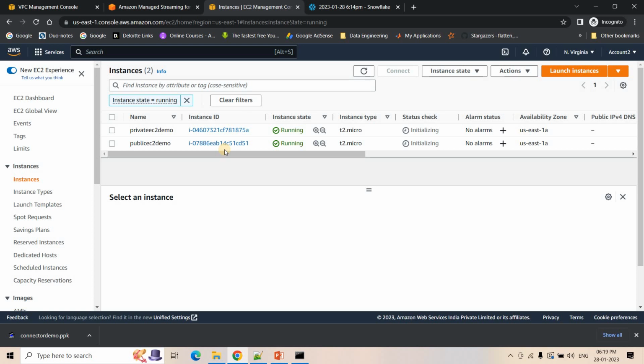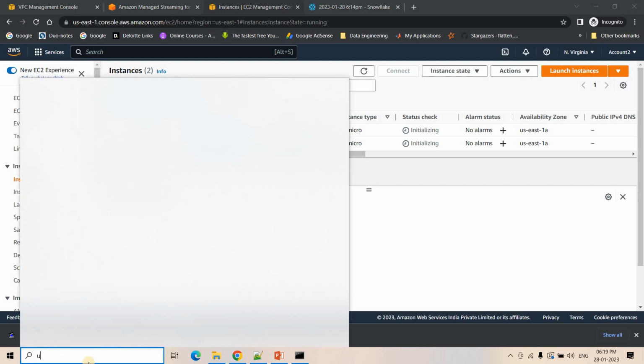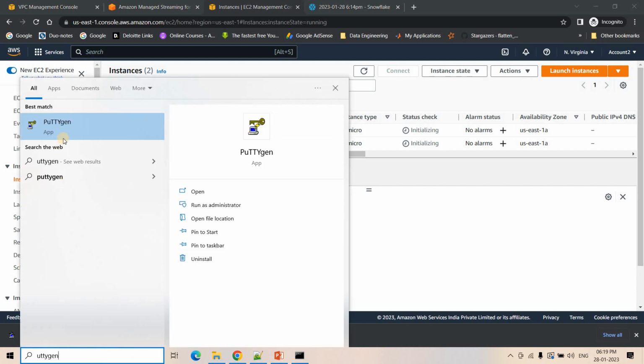Now as per the next step, what we will do, first we will enter in this public EC2. From there we will try to do SSH in private EC2. But to do SSH in private EC2, we need the PEM file, right? But as of now we are having a PPK file. So from the PPK file we will create the PEM file. Okay, so for that we need PuTTYgen. I will open PuTTYgen